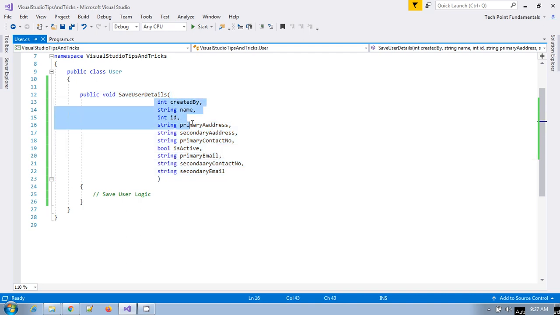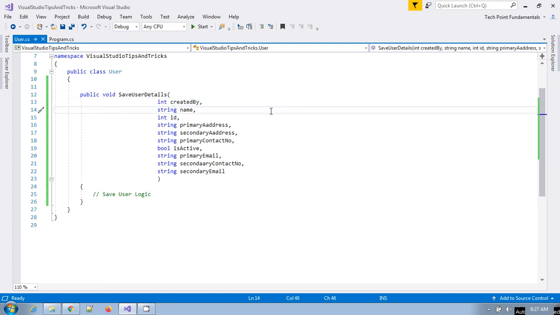I have declared the properties separately. So how can we arrange this in a proper manner? Visual Studio provides a shortcut way of doing that. Otherwise you have to copy and paste each parameter to the required position.